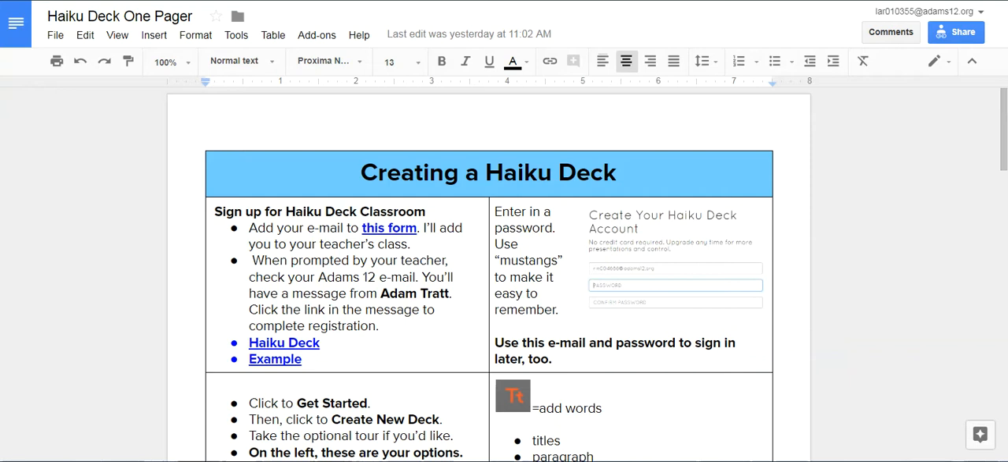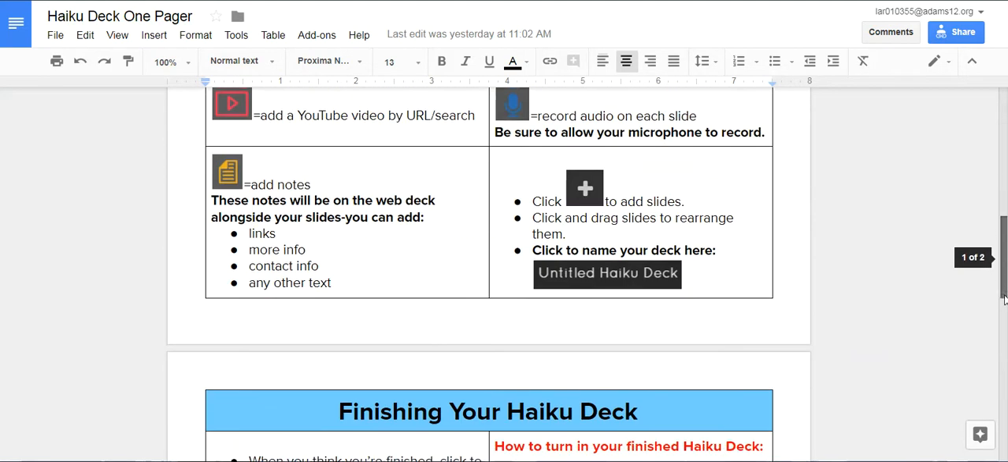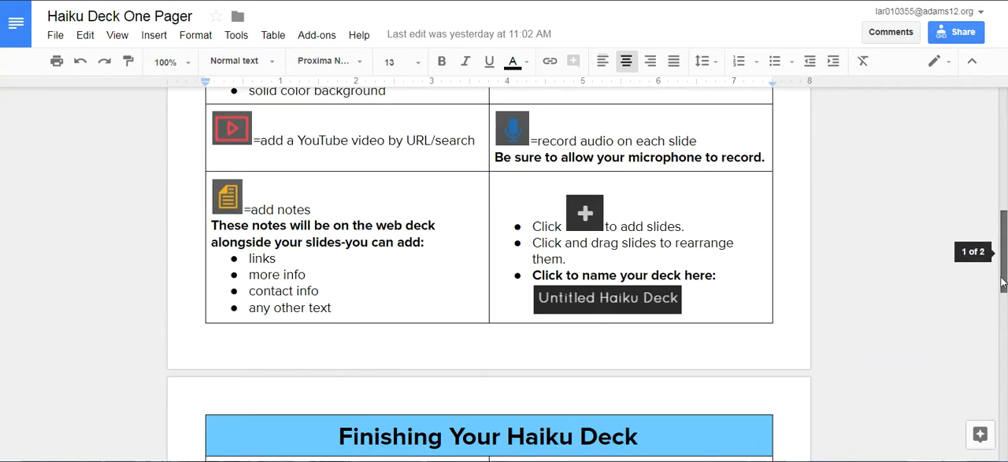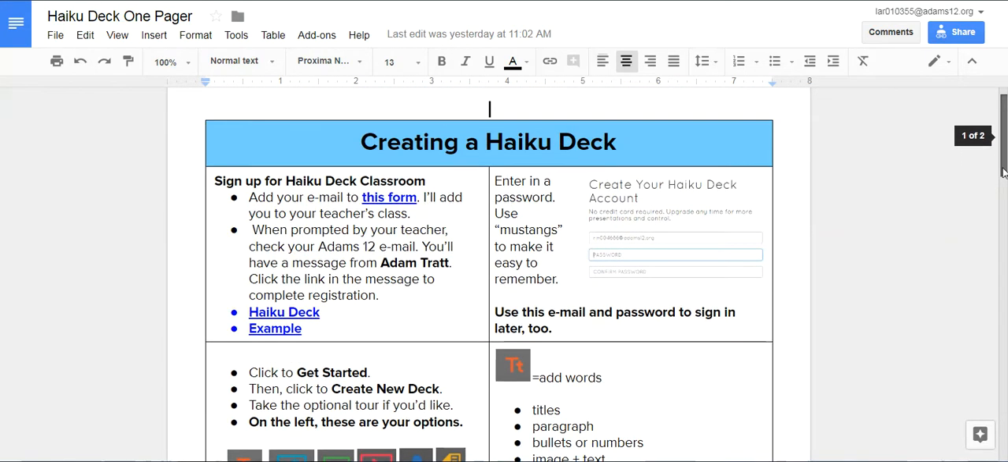So when you're getting ready to create your classroom account, this is where you'll start. On this document, it is a two-page tutorial on how to use Haiku Deck, and I'll go through these things for you. The second page is how to share it when we're finished. But to start with, if you haven't done this yet, click on this link here, and it will take you